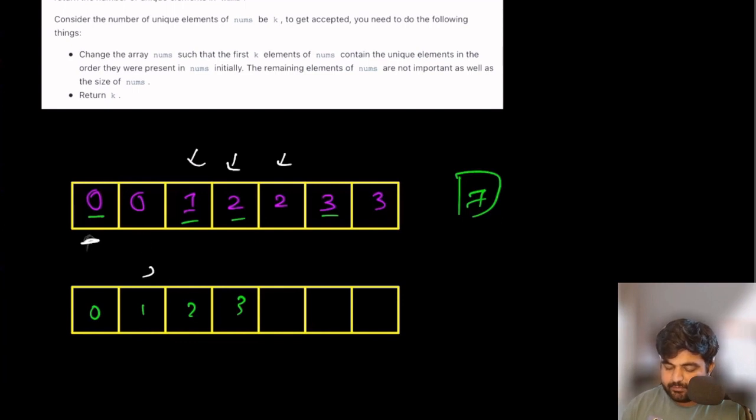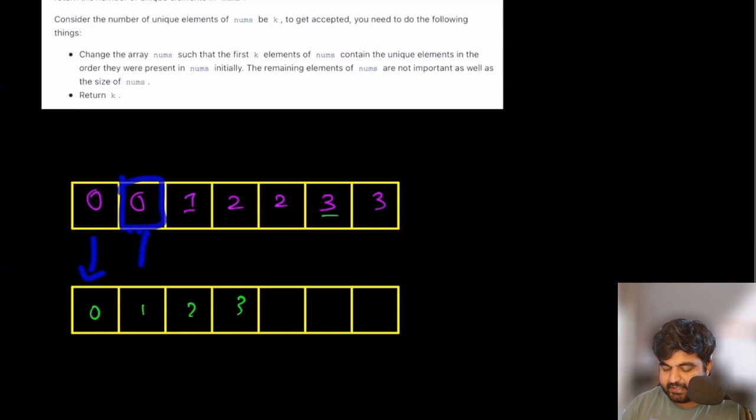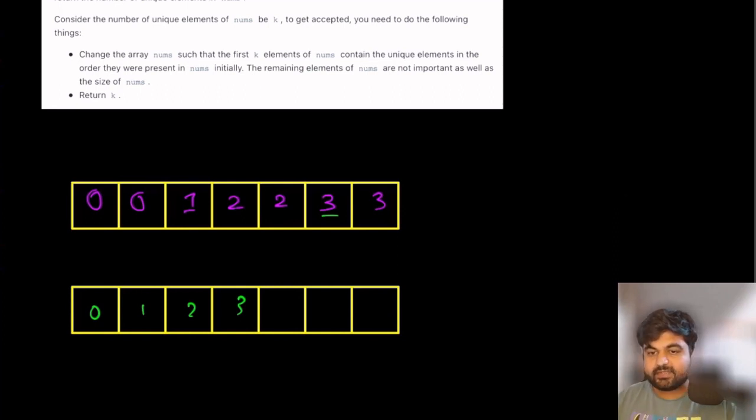So what is the brute force way to do this problem? Again, brute force way is pretty simple. We just take one value and we will try to see how many duplicates there are of it, and then we add that, then keep on repeating the same process. And then if this is a duplicated entry, again, we move on to the next value. So this approach is guaranteed to give you the answer in big O of n square. So brute force is always not a good way to go. The next way to go is that we can actually try to do something smarter here.